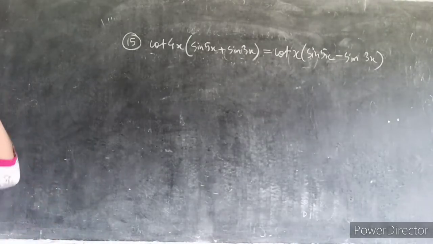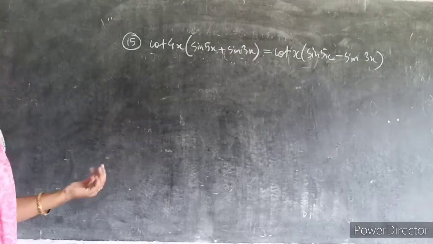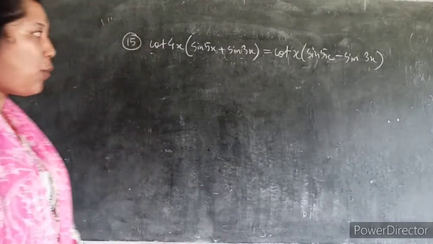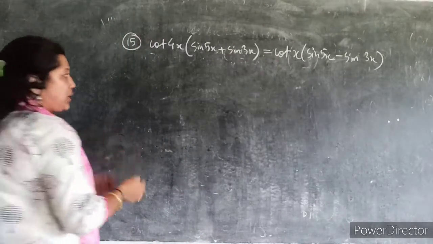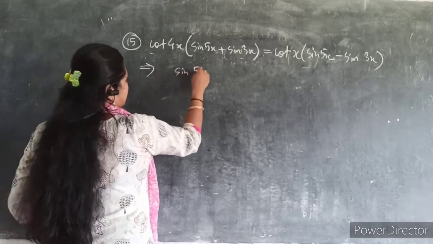Now here, whenever you are getting such a sum, you can try either from the left hand side or the right hand side. So what I will do is make a little adjustment. Suppose I can write it like this.